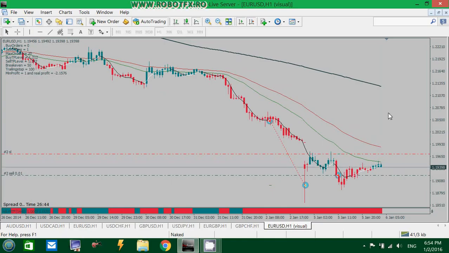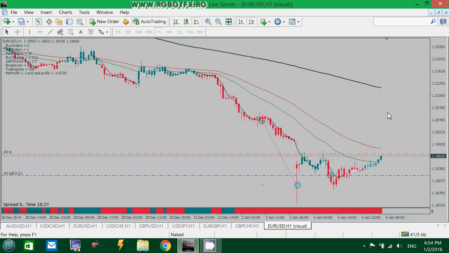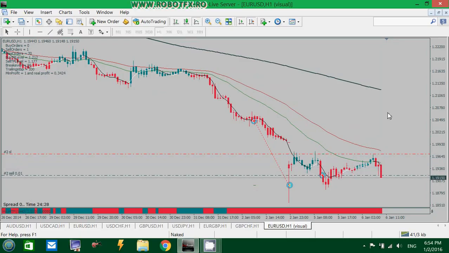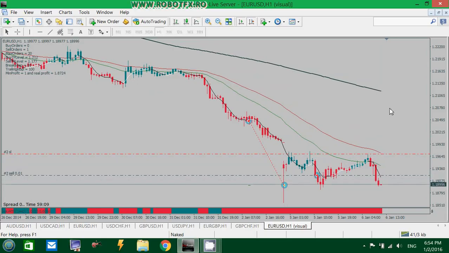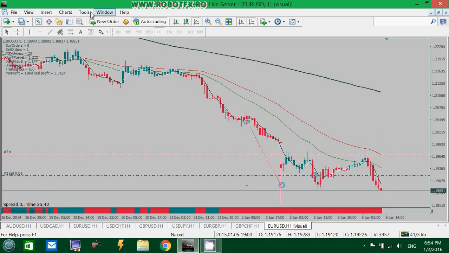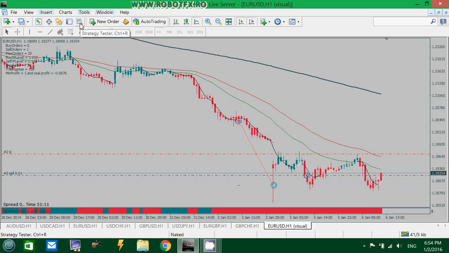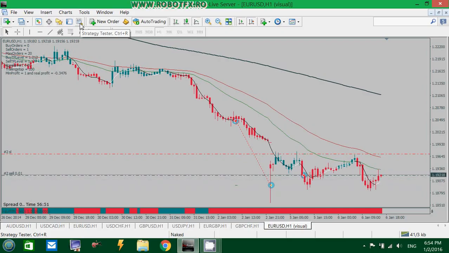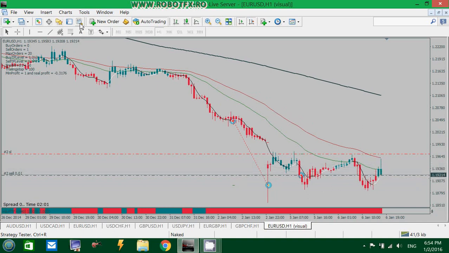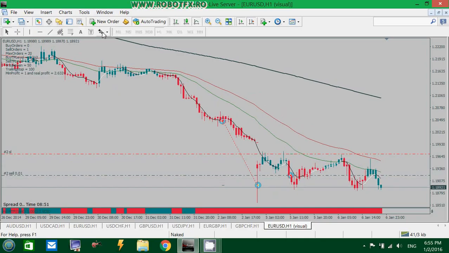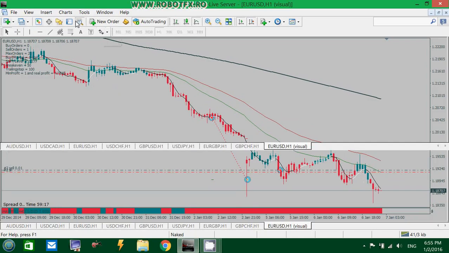It will be another win. Price bounces a little up and down from the price line, and